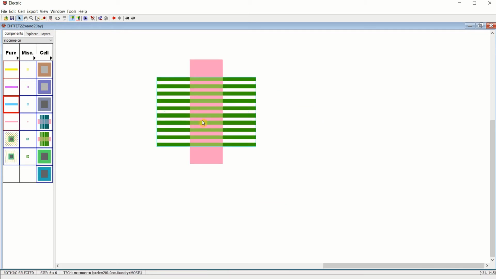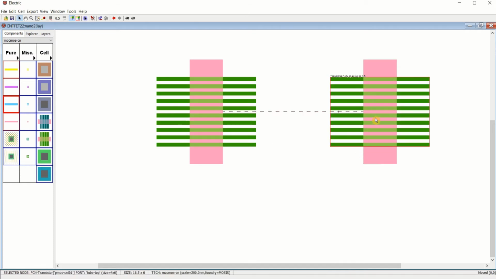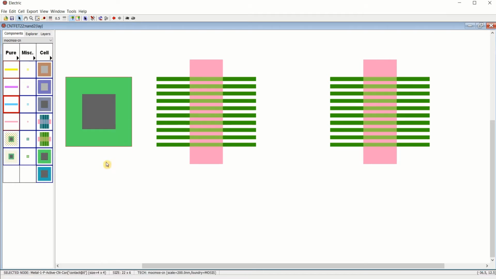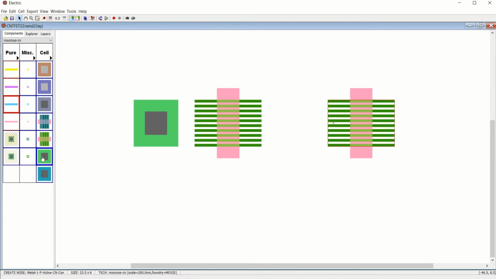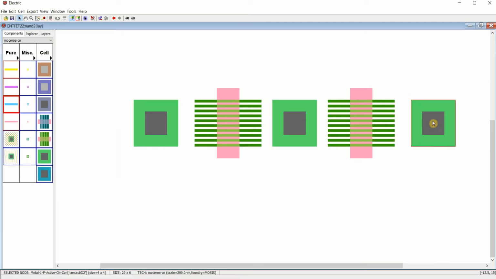Since I want two transistors, just use Ctrl C and Ctrl V. In between, I have to place the P active contacts for source and drain. So select this. Place one more contact here because I want two transistors.